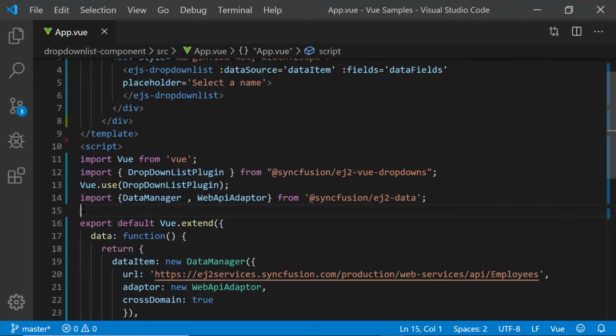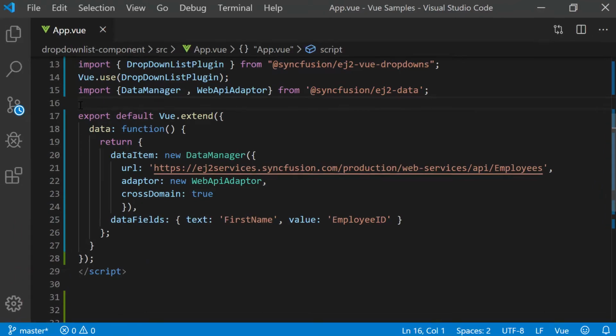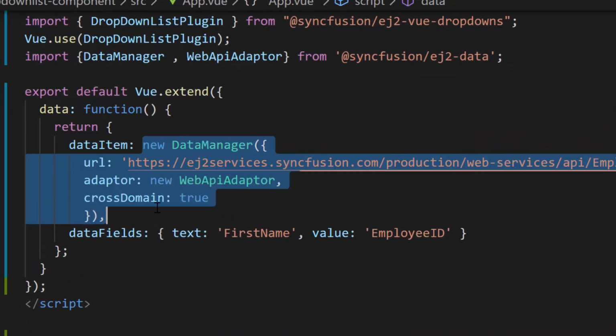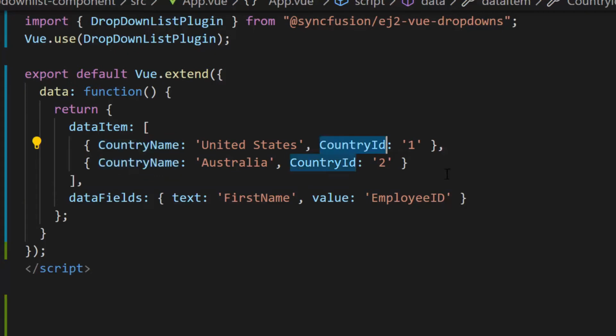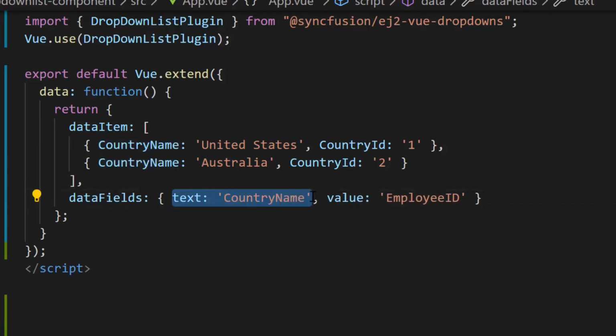Now, to have better clarity, I am replacing this remote data with JSON data collection, which contains an array of objects with two fields, namely country name and country ID. Also, I have mapped the country name field to text property and country ID field to value property.